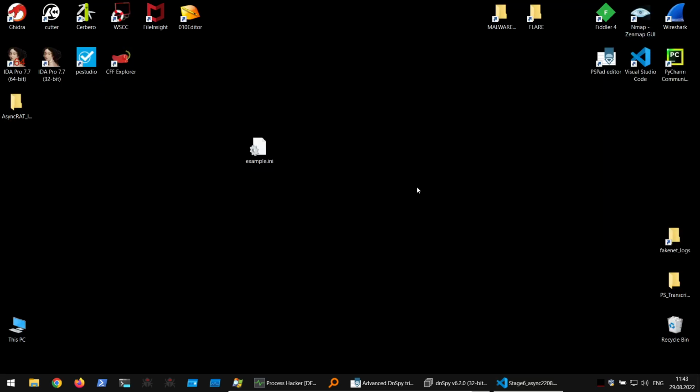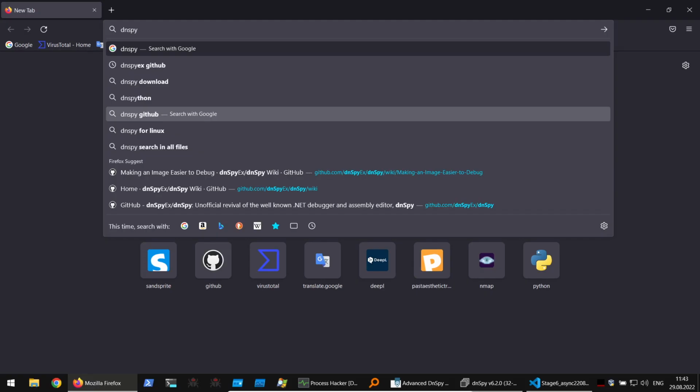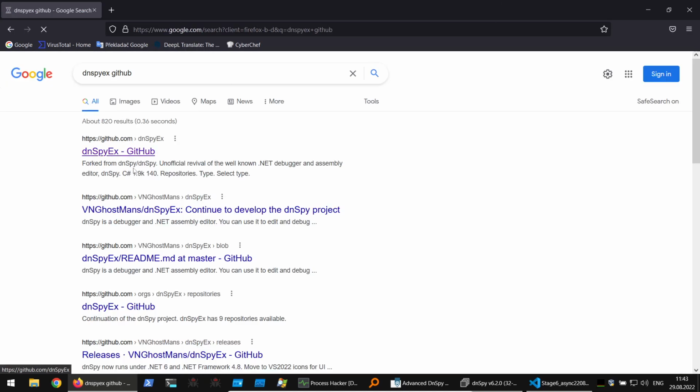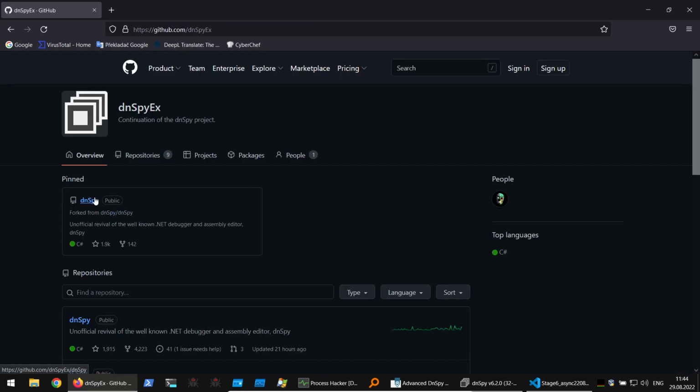Now, how can we deal with the code optimization? There is a hint on the dnSpy wiki page that whenever you want to turn off the optimization for some process or module, you have to create an ini file with some settings, with the same name as the module, and it will be able to turn off the optimization. For example, if you go to the dnSpyEx GitHub, and you go to the wiki page here,